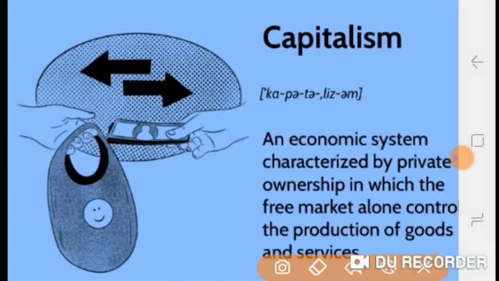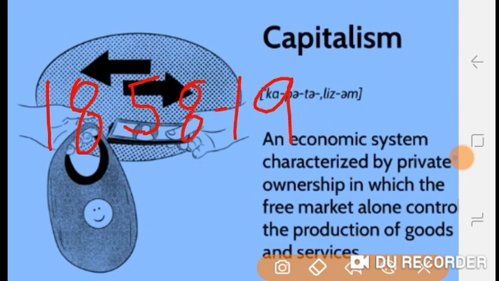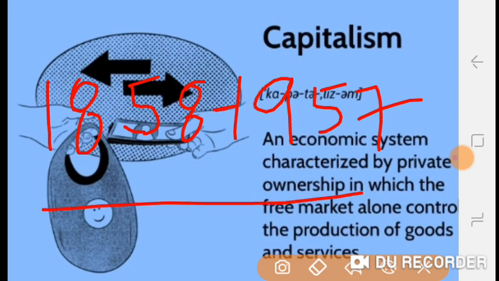Now let us talk about financial capitalism. Its period is from 1858 to 1947. As a result of the industrial revolution of England and exploitation of colonial markets, huge capital accumulated in Britain. The labour class was inspired by the growing wealth of the industrialists. They organized through the epic published by Karl Marx and Engels, the Communist Manifesto, and a new consciousness developed in the labour class.